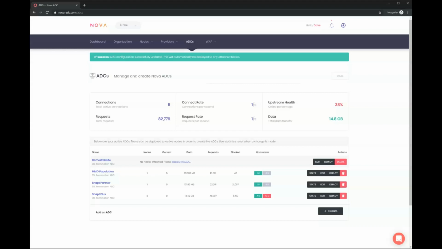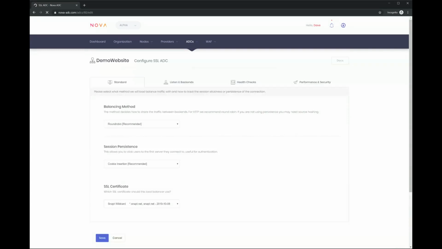So we've said, okay, we're listening for port 80 traffic, HTTP, and port 443, SSL, and we're going to send it to the backend that we created earlier. But what we've really done is just create a template that can be attached to any number of nodes, because this is not actually functioning right now, right? We've just configured it. We haven't put it on our new node yet, this node that's still sitting here.